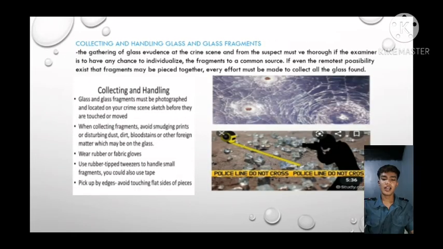Collecting and handling glass and glass fragments. The gathering of the glass evidence at the crime scene and from the suspect must be thorough if the examiner is to have any chance to individualize the fragments to a common source. If even the remotest possibility exists that fragments may be pieced together, every effort must be made to collect